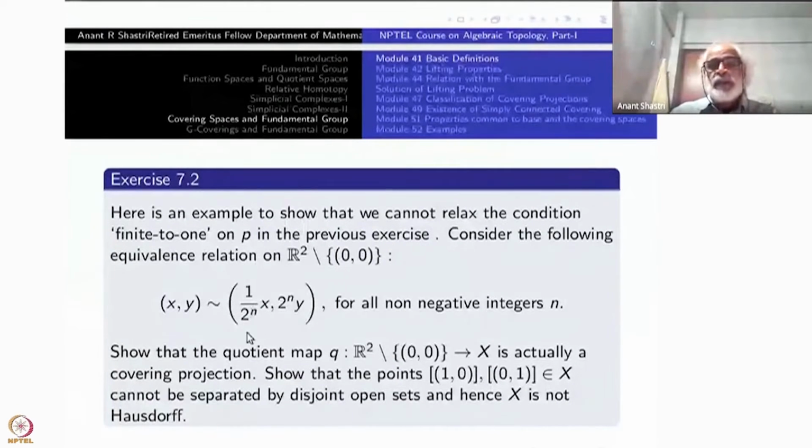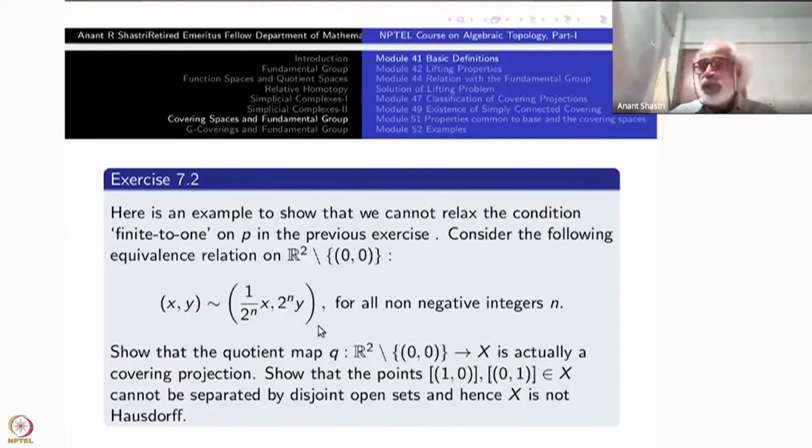The generator takes (x, y) to (2x, 2y)? More generally, the powers of the generator will take (x, y) to (2^n x, 2^n y). So these are all equivalence classes now. The quotient map is actually a covering projection. This happens because we have already introduced the terminology